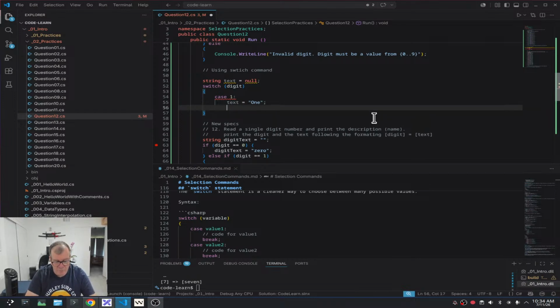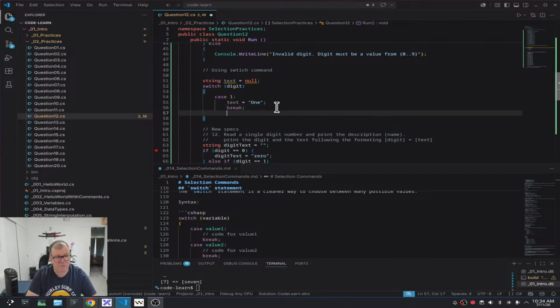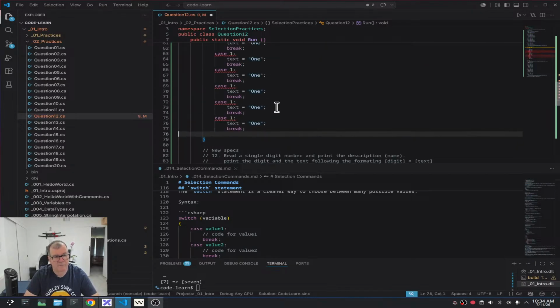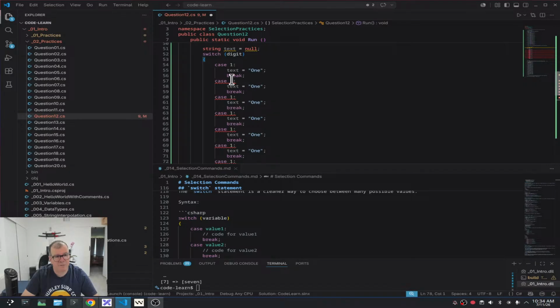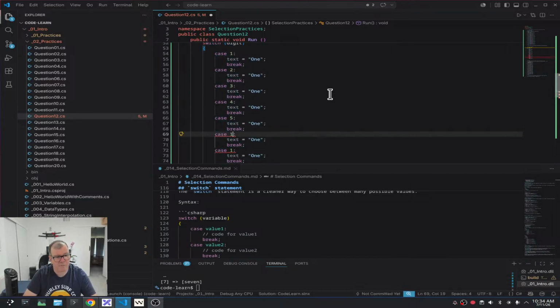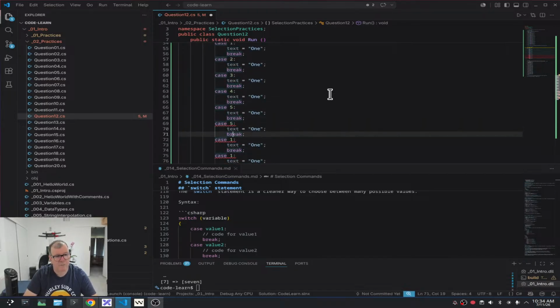And now we have to remember to put that break, just to say, okay, if that is the case, text will receive 1, and then we just finish our case. Now I'll copy and paste here. And I'll fix this to case 2, 3, 4, 5, 6,